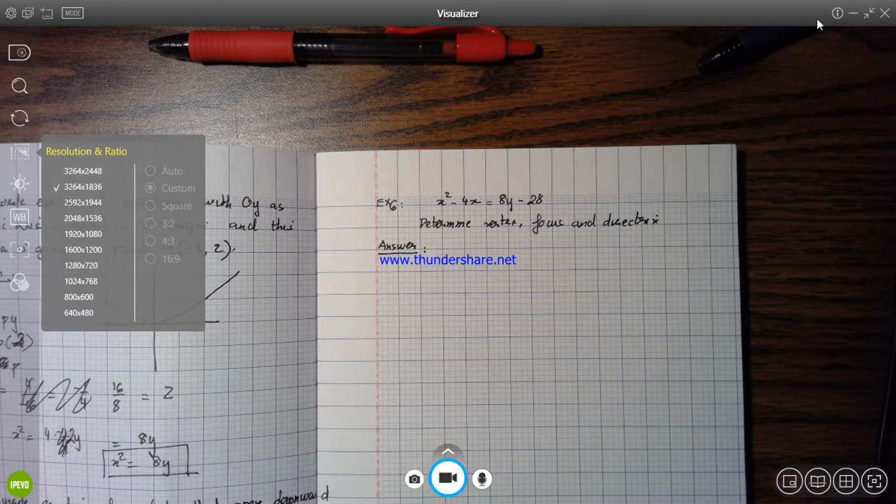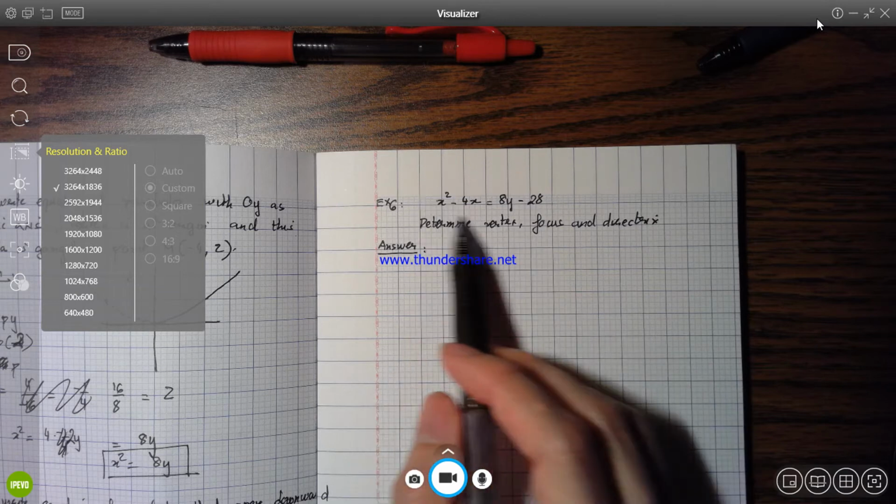In order to determine the vertex, focus, and directrix, we need to bring it back to the form, right? So far we already learned two forms: the one with the vertex at the origin, and the one where the vertex is not at the origin. By looking at the equation right over here,